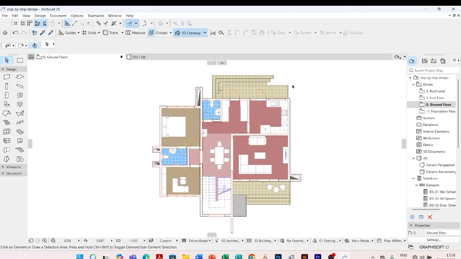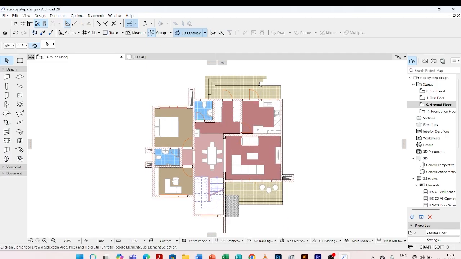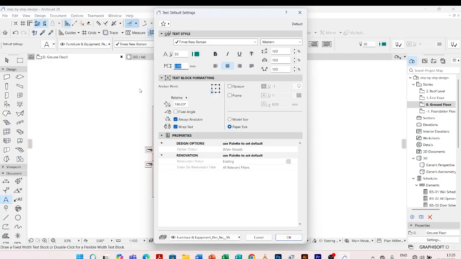So we use the text tool to enable us name our spaces. The text tool is found under documents. Let us first look at it. So you come and drop under document. You just click once, single tap. Then the text tool has a symbol of letter A, caps lock. So once you click on it, you can type Ctrl T on your keyboard, so that it brings the setting